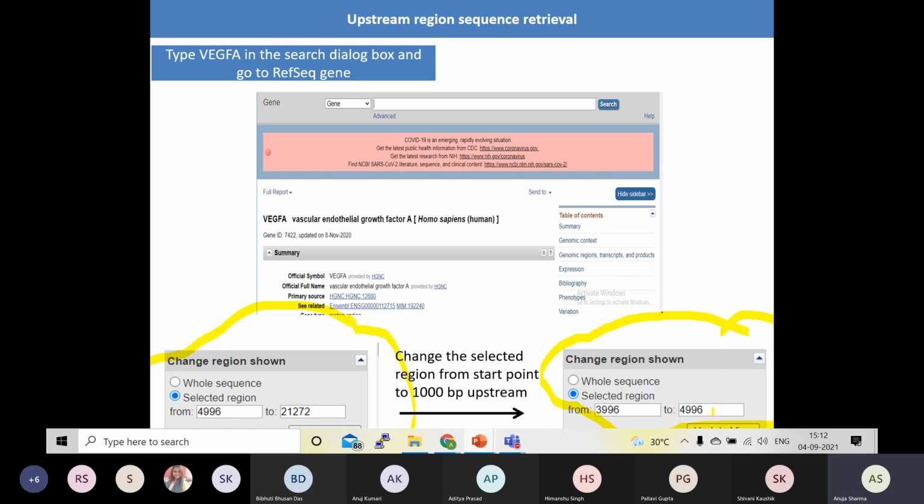To retrieve a sequence, you can use different databases, for example, NCBI and Ensembl. Here I'm going to show an example of a gene called VGFA, which I have retrieved from the database NCBI. You go into the NCBI site and you type your gene name in the search dialog box, and you'll get the result. If you scroll down, you'll see an option of RefSeq gene. You click on that option and you'll get the sequence of the whole gene, and on the rightmost corner of that result